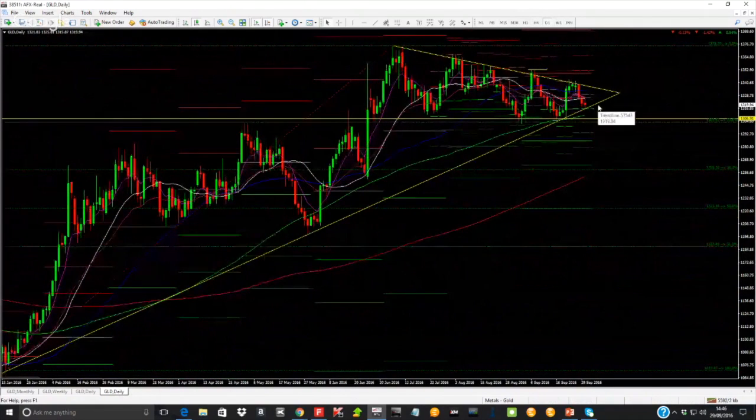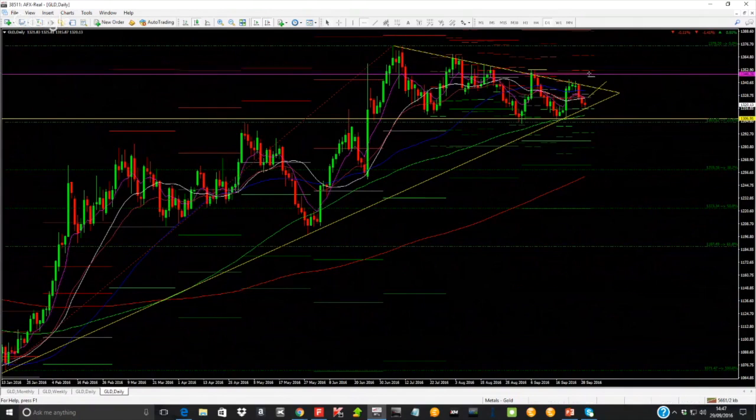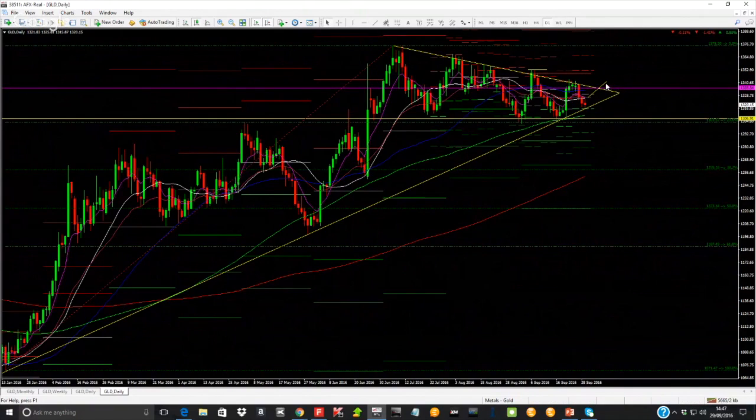It's not really breaking down as much as you would expect given the data that's come out of the US today, holding on to key support channel. Also, the more that we're squeezed into the end of this pennant, we should get a resolution soon. There's a lot of underlying support on gold at the 1300 zone. If we can get a breakout now, it's getting tighter and tighter. So I would look now for a breakout around the 1335 zone